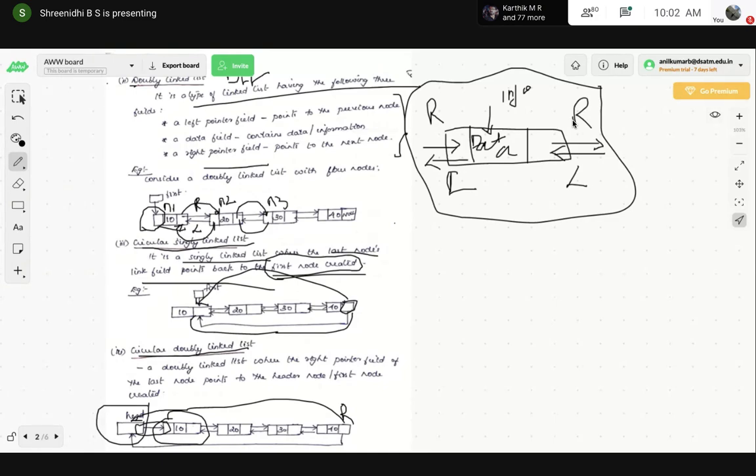Okay. Is it clear? Whereas in the doubly linked list, we will have two parts, left and right. In the singly linked list, we will not have left and right parts, only the right part of the node contains the link. Those links will be connected with the left and right pointers, but not the node created over there. Okay.